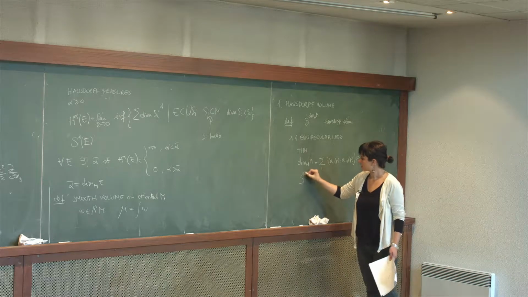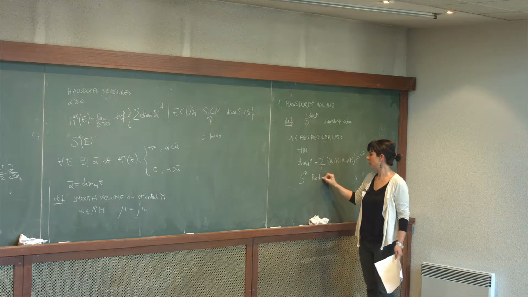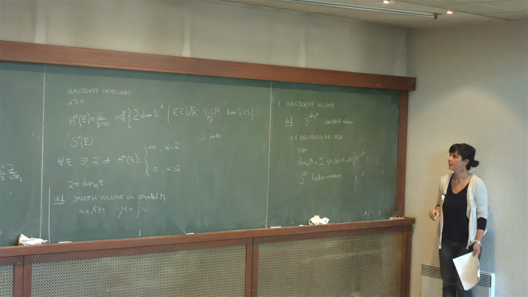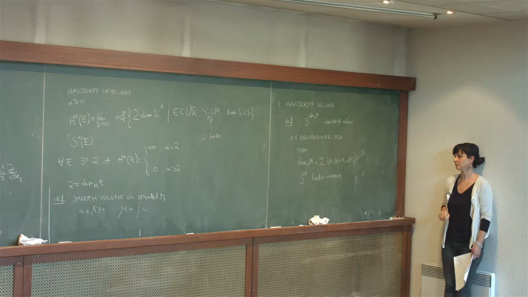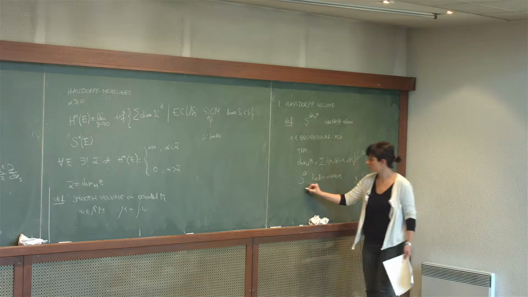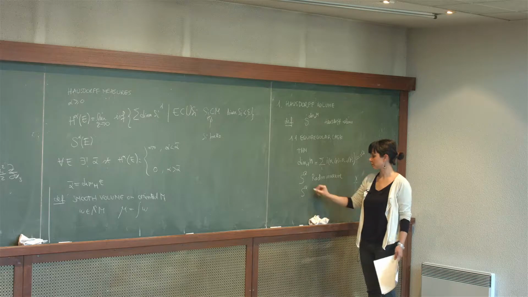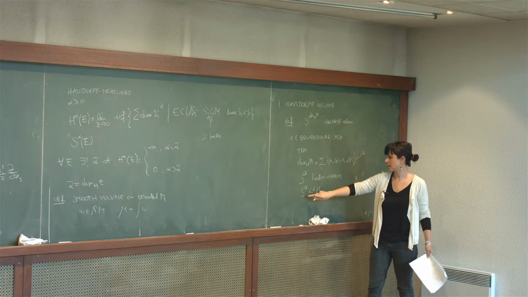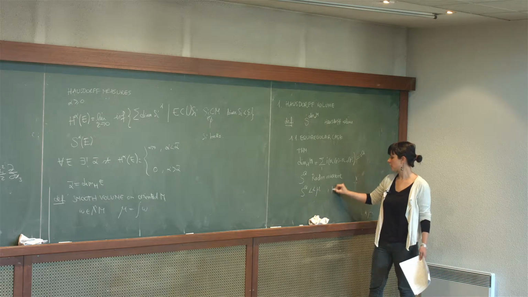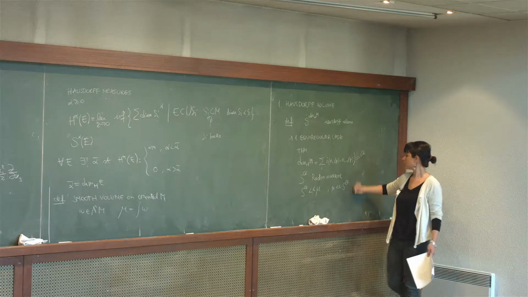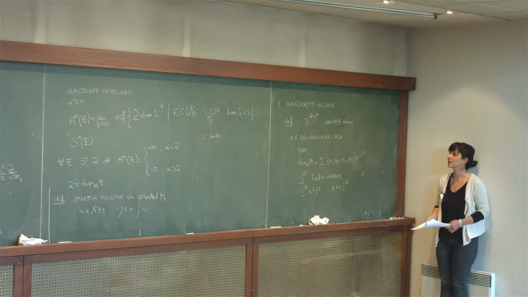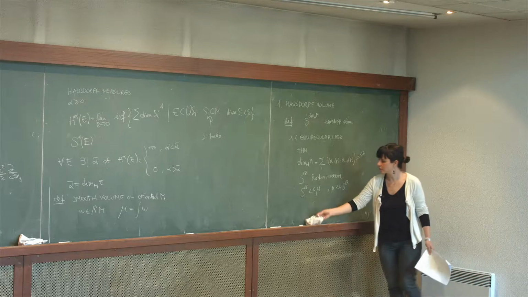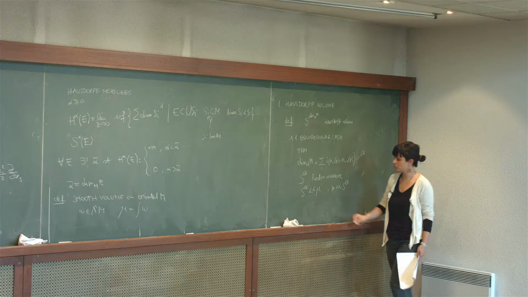Also, the Hausdorff volume S^Q is a Radon measure on M, which means it is finite on compact sets. It is mutually absolutely continuous with respect to any smooth volume. So S^Q is absolutely continuous with respect to mu, and also mu is absolutely continuous with respect to S^Q, which means they have the same sets of measure 0. And I can compute the Radon-Nikodym derivative of S^Q with respect to mu as follows.